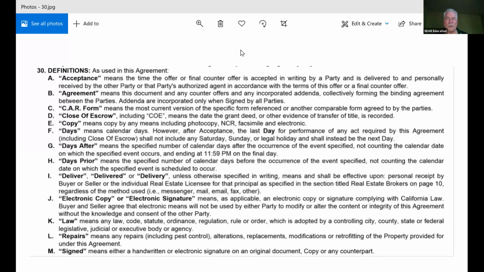So the answer to your question, what if the seller signs the counter but doesn't sign the RPA? I want it back now, not a few days later. I know it's not proper, but lazy agents do it all the time. When is acceptance? Acceptance is when you have delivery. Now the counteroffer form says that if you've got the counteroffer signed by all the parties, then the assumption is that they agreed to the purchase agreement as written. You're asking a really good question. Let's get that offer back right away. I'm going to tell the other agent, I'm assuming we don't have a deal. It's going to depend; I've got to talk to my client about that. But I'm going to assume that there might be a change that's been made.